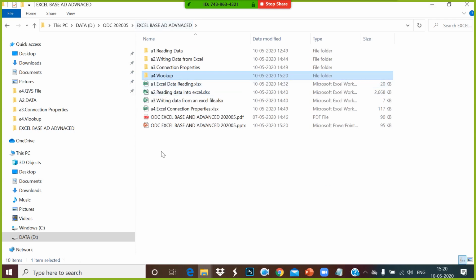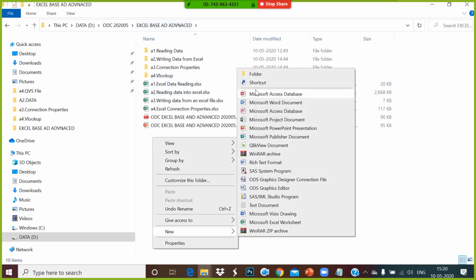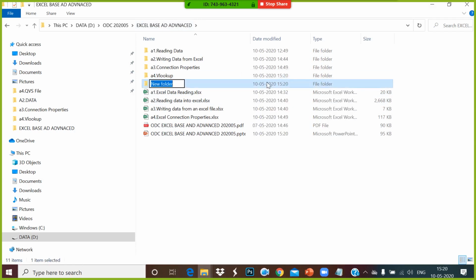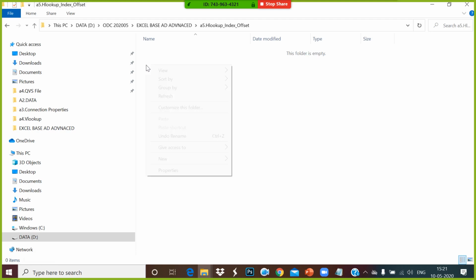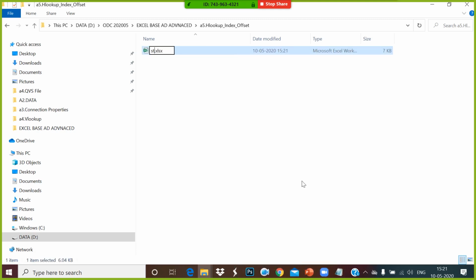So what I'll do here, A5 dot HLOOKUP underscore index underscore offset, all three in one function. Let me create an Excel file: student underscore score.